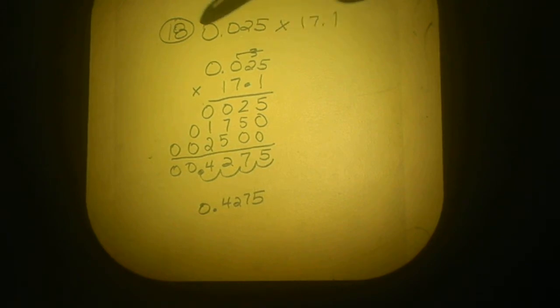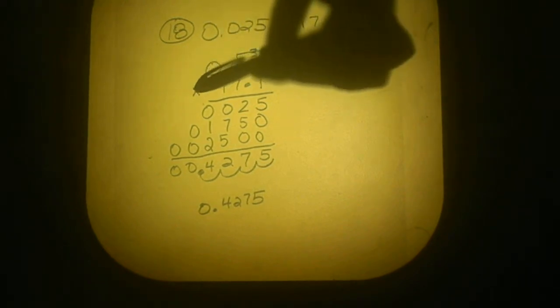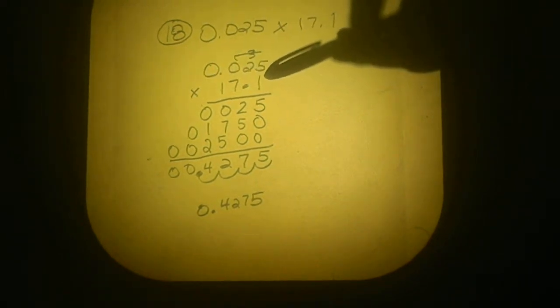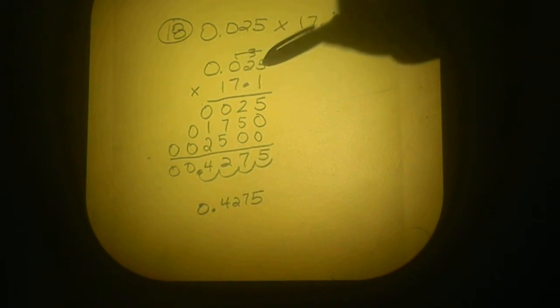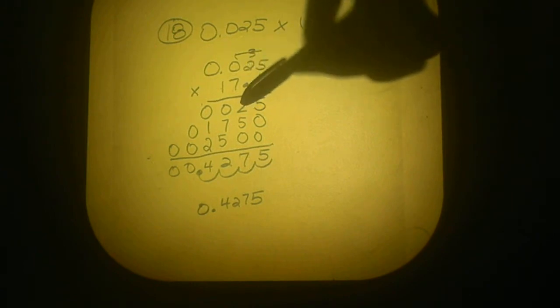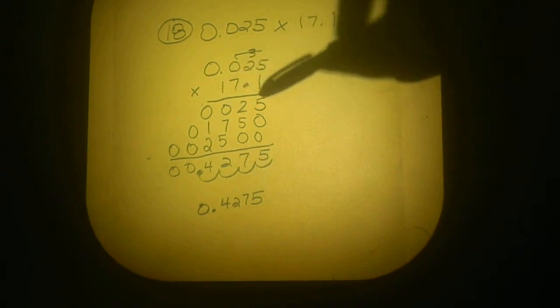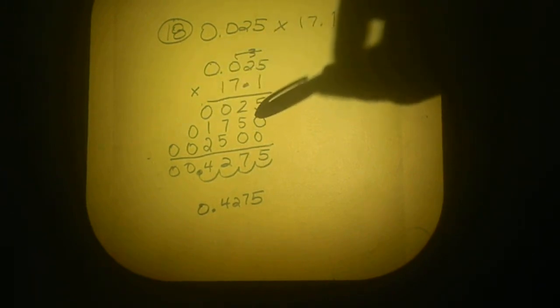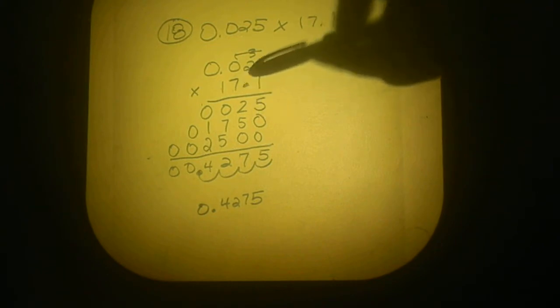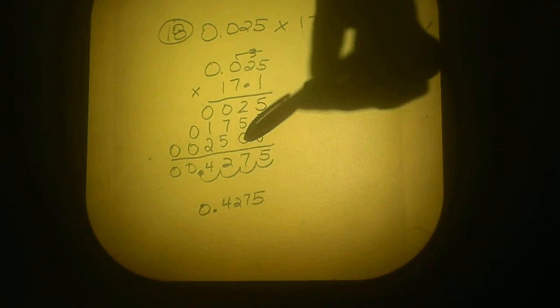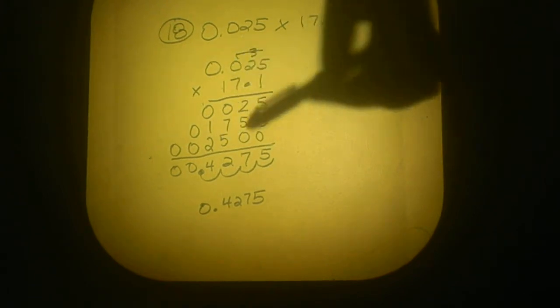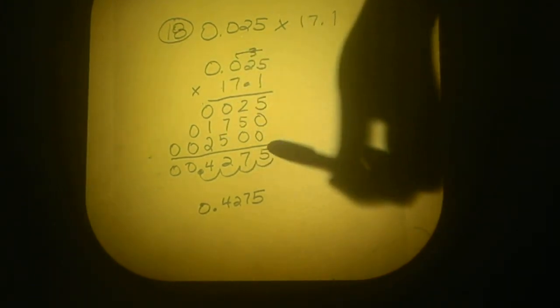This one has 3, so this one goes on the top. I'm going to multiply it by 17.1. I'm going to do the multiplication even with the zeros. 1 times 5 is 5, 1 times 2 is 2, 1 times 0 is 0. I'm still going to do the zeros. Add my 0 at the bottom, do the 10 spots, multiply these out, put my 2 zeros, and then multiply out the 1. Add everything up, and I get